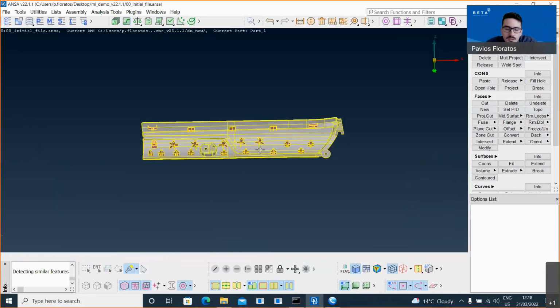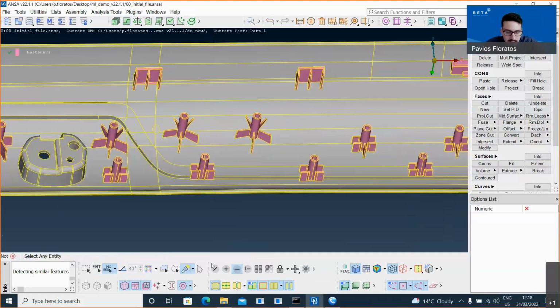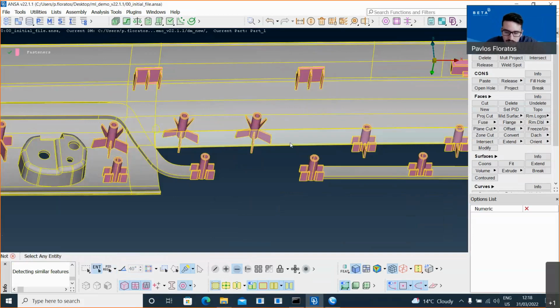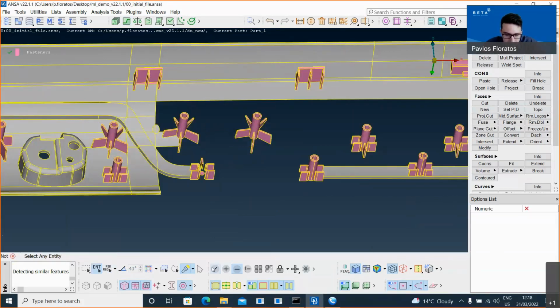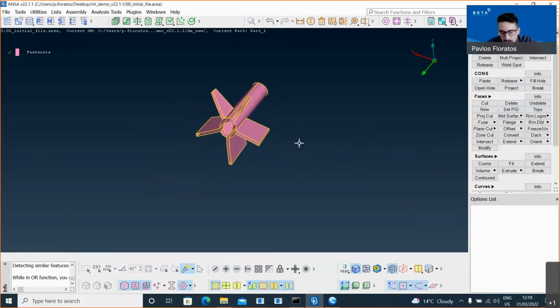Now, we saw how we completed the first step of saving the geometry of the fasteners in the DM. What would be the easiest way to build an FE representation and save this FE representation of every fastener in the DM? Again, there is more than one way to do this. For example, someone could say, okay, I will isolate a fastener or maybe all fasteners, and I will run casting on this fastener here and take the result and save it in the DM.